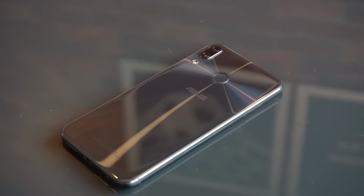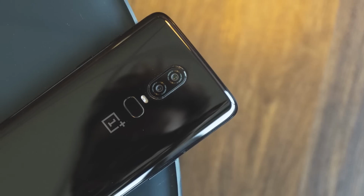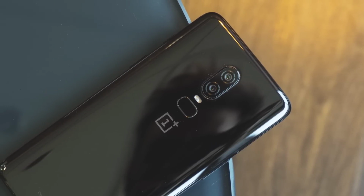The glass back on both the phones are smudge and scratch magnets. What do you think? Yeah, I have got scratches on the OnePlus 6, and this is a problem with most of the glass phones right now. Although both phones have Corning Gorilla Glass at the back, they still get scratched. So no matter which phone you're buying, you'll have to put a case on this, and of course a tempered glass. And if you're talking about a case, both the phones actually do come with a transparent case in the